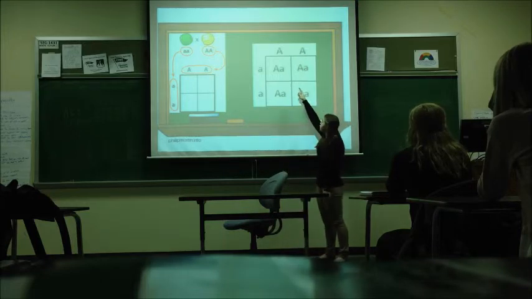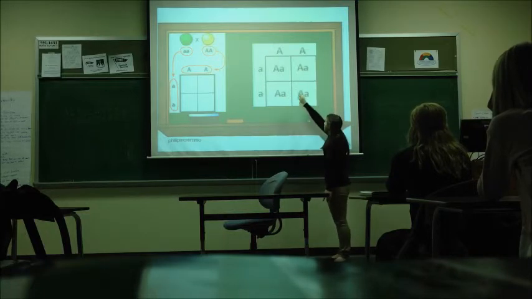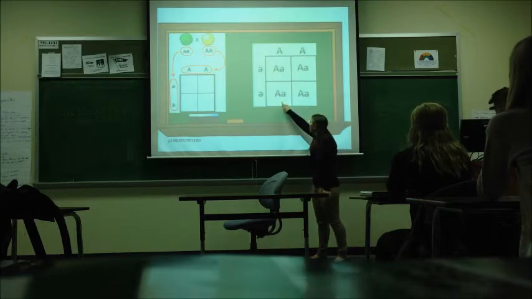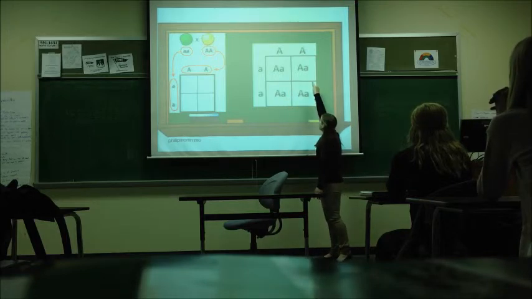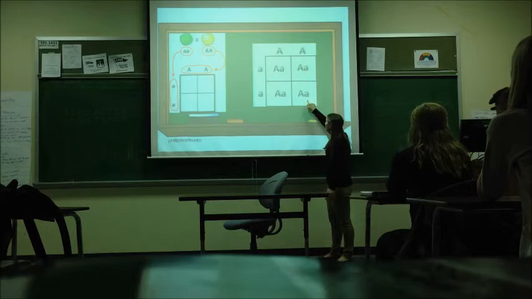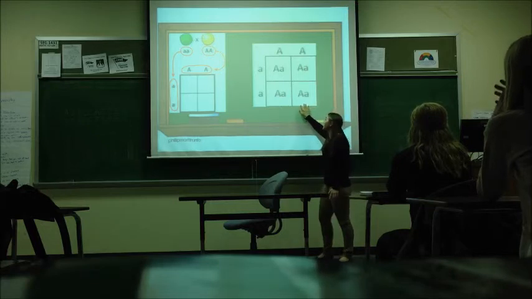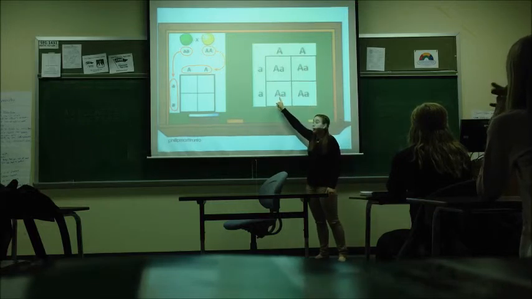And then we're just going to drop down the letters from each square and combine them, putting the uppercase letter first, always. And so we have big A, little a here, big A, little a here, big A, little a here, and big A, little a here. And those are going to be all heterozygous because one letter is dominant and one letter